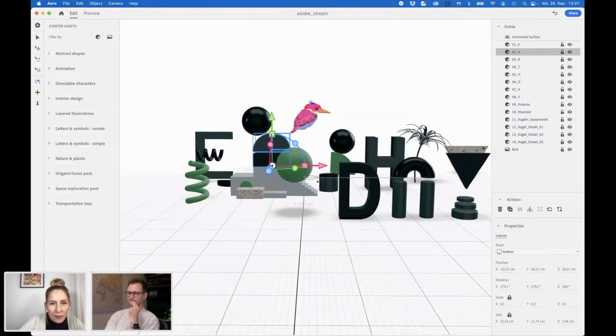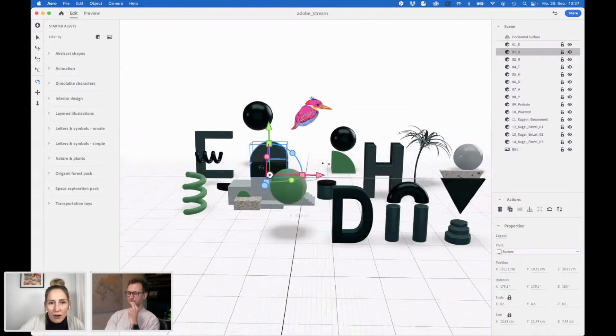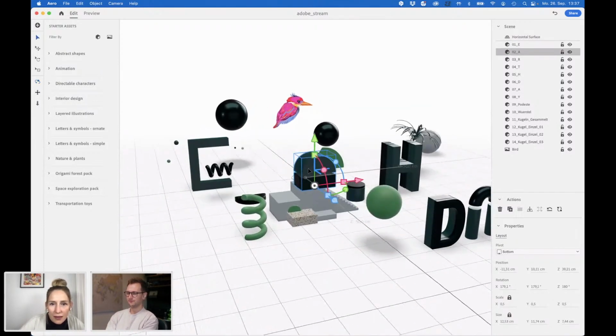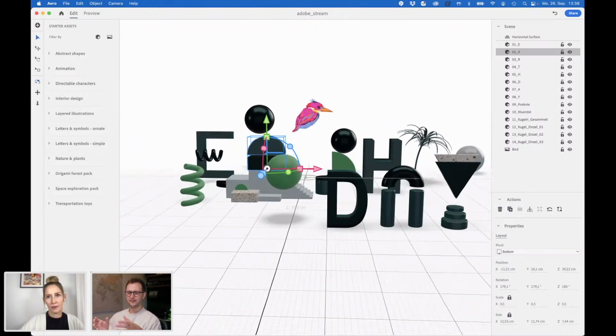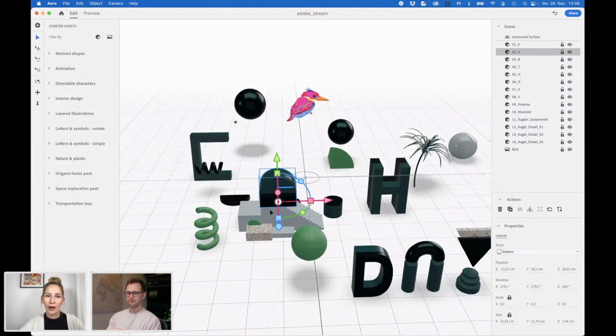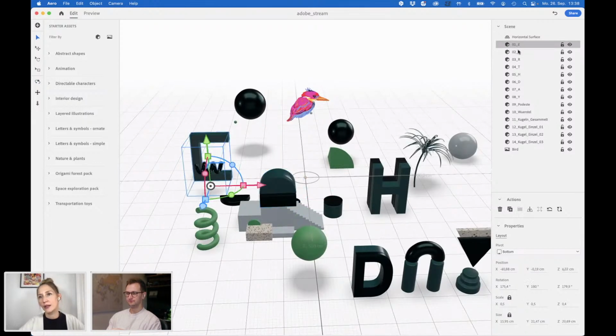Just have to make sure that this one is on this little stair. Yeah. Oh no. Here we go. Do you have controls at all to select things and align them together? Is it similar to things like Illustrator in that sense? It's a good question, actually. I mean, you can select multiple things.